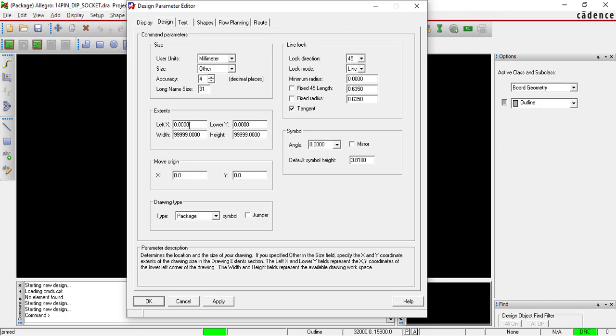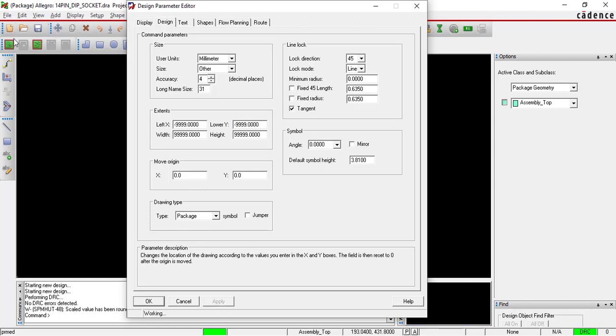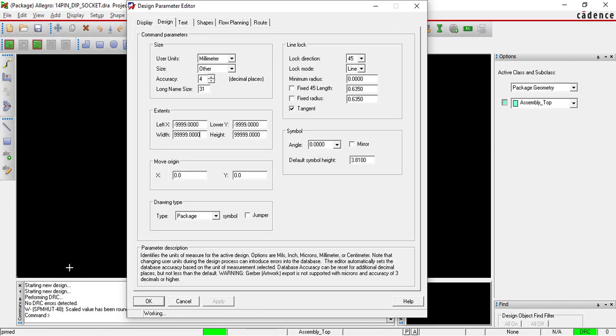Now for left x, provide minus 4 times 9, minus 1 2 3 4. Again in lower y, provide minus 4 times 9, minus 1 2 3 4. Now apply it. We have set our working space area, a very large area to design our PCBs.